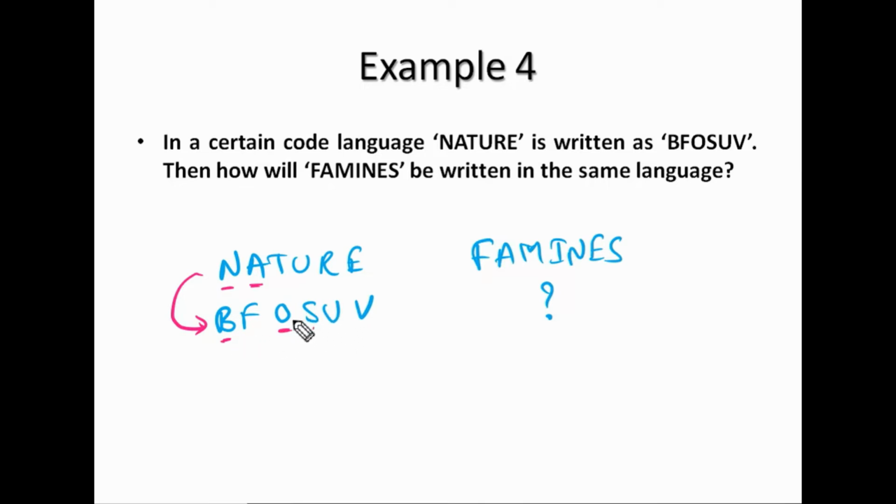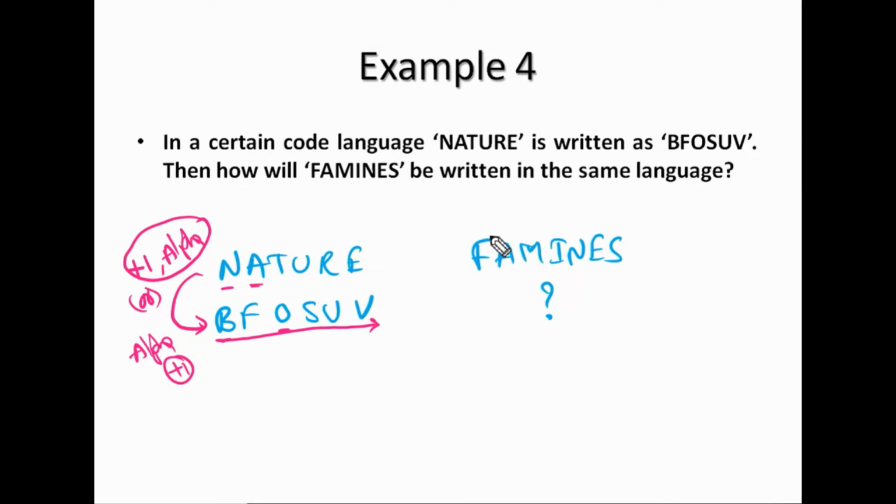Is there any logic? Yes, correct. All these letters are in ascending order, or we can say alphabetical order, A to Z. So the logic is all the letters are replaced by the next letters and the resultant letters are arranged in alphabetical order. First we'll do +1 for all the letters, later we'll arrange all the letters in alphabetical order. Or we can say the logic in this way also: first we'll write all the letters in alphabetical order and later I will add one. Both will give the same result.